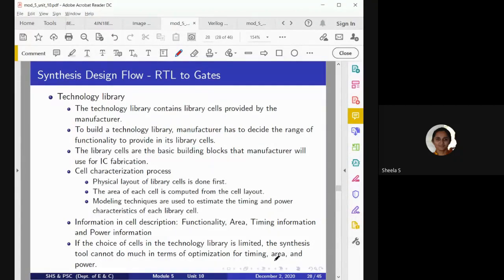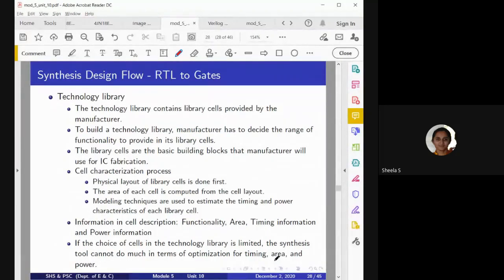But while doing optimization, we should know which components are available. So the required components must be built by the vendor. He will mention all the components that he will use while manufacturing, these will be placed in the library, and that will be given as an input for the synthesis tool.